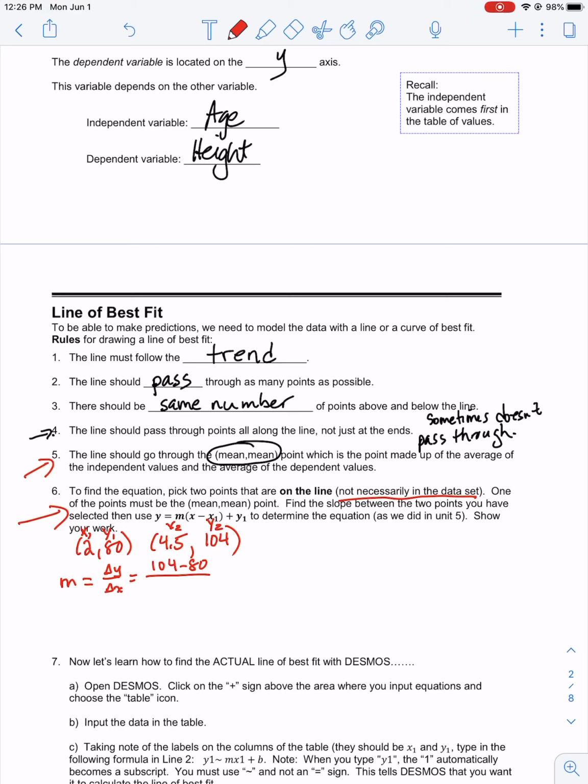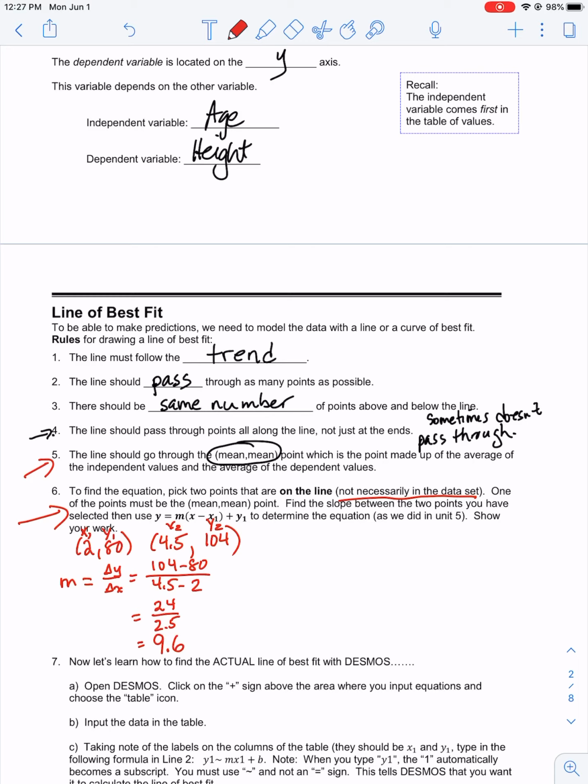So I'm doing y2 minus y1 over x2, which is 4.5, minus x1, which is 2. 104 minus 80 is 24. 4.5 minus 2 is 2.5. And when I divide those two numbers, 24 divided by 2.5, that equals about